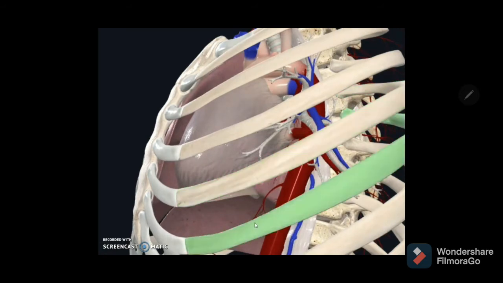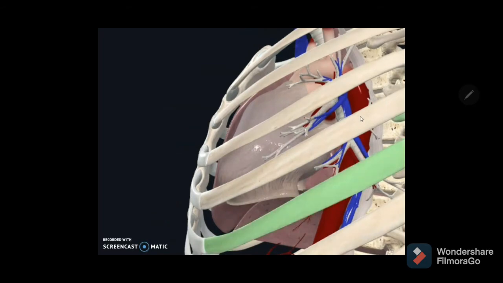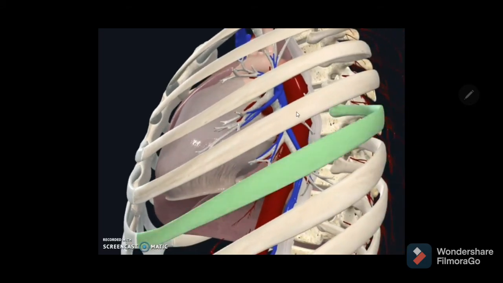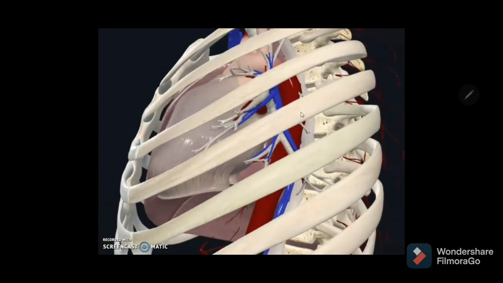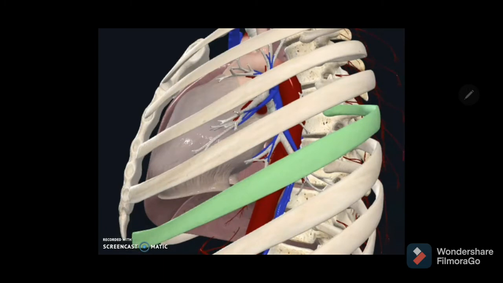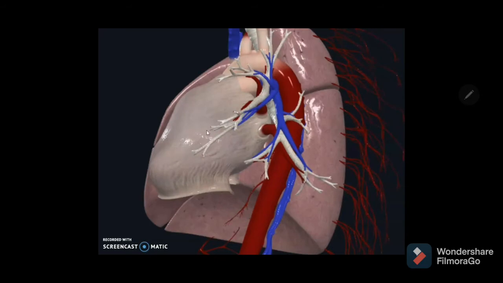This is the bony extent anteriorly, and posteriorly it is related to the 5th to 8th thoracic vertebra because it lies in the inferior mediastinum. Imagine a plane dividing the mediastinum into superior and inferior, passing through the lower border of T4. So from T5 to T8, that is the posterior extent of the pericardium.